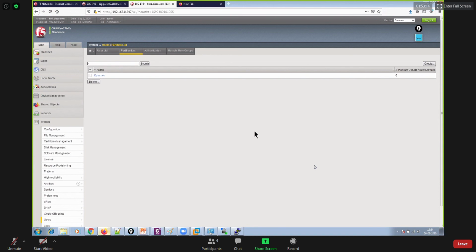Okay. So for example, I have a BIG-IP. I have multiple customers, like I'm a web service provider, and I have deployed a BIG-IP load balancer in my own environment. I have multiple customers, and now customers are asking to have access to my BIG-IP. They just want to have access to my BIG-IP. I know that they will not be making any changes. Like customer is not asking to make changes over BIG-IP.